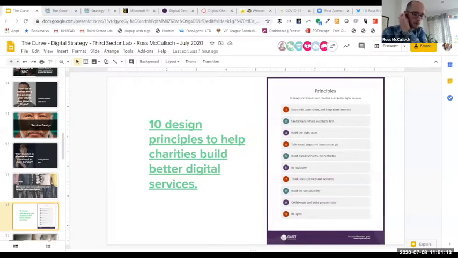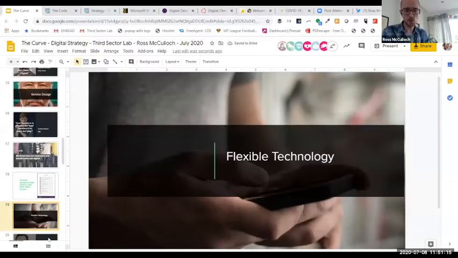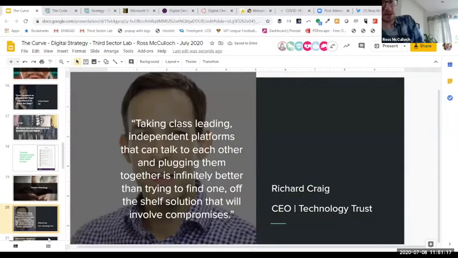Okay. So flexible technology. We've spoken about this and looked at some examples. What we're thinking about is purchasing class-leading independent platforms that talk to each other and work alongside each other, rather than trying to find one bespoke solution. That is the very old school approach to IT, and we've seen loads of charities have their fingers burnt around this.